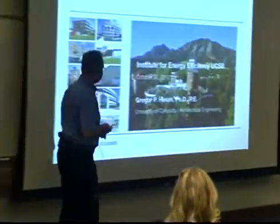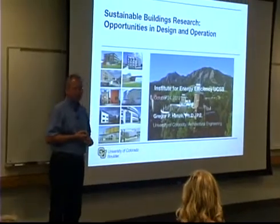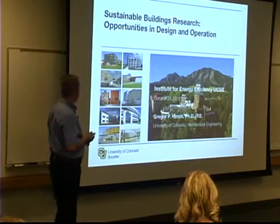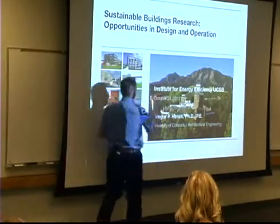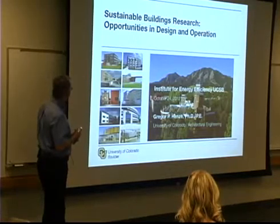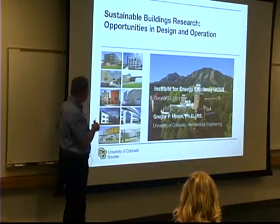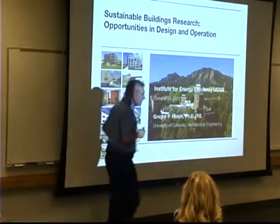So today I'd like to give you an introduction to some opportunities for sustainable building design and operation that I've been involved in and that I foresee for the next few years. This is possibly a shot of Boulder, but on the left-hand side you see a few buildings that you will hear about again throughout the talk, because these are case studies going back to 2005, when I spent a sabbatical in Germany on some of their high-performance building design